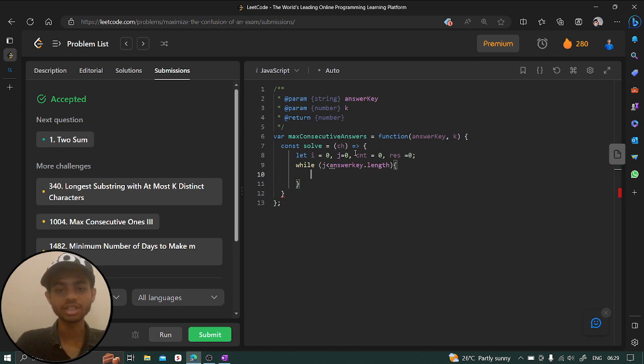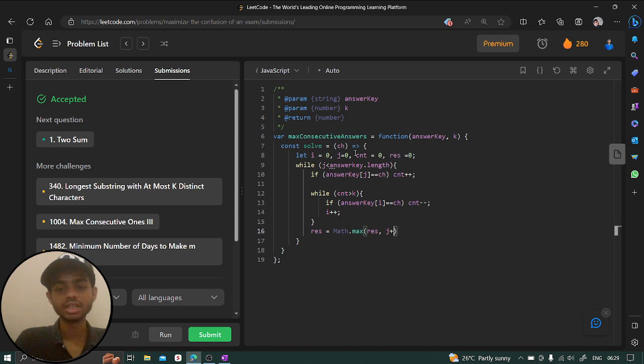Now we are going to first of all check if answerKey of this particular j is equal to ch. If it is equal to ch, we are going to increment count. Now while count is greater than or equal to k, if answerKey of i is equal to ch, then we say count minus minus, so we are reducing the number of operations, and we are going to increment i always, right? And here we are going to say result is Math.max of result, comma, j minus i plus 1, and you can increment j as well,